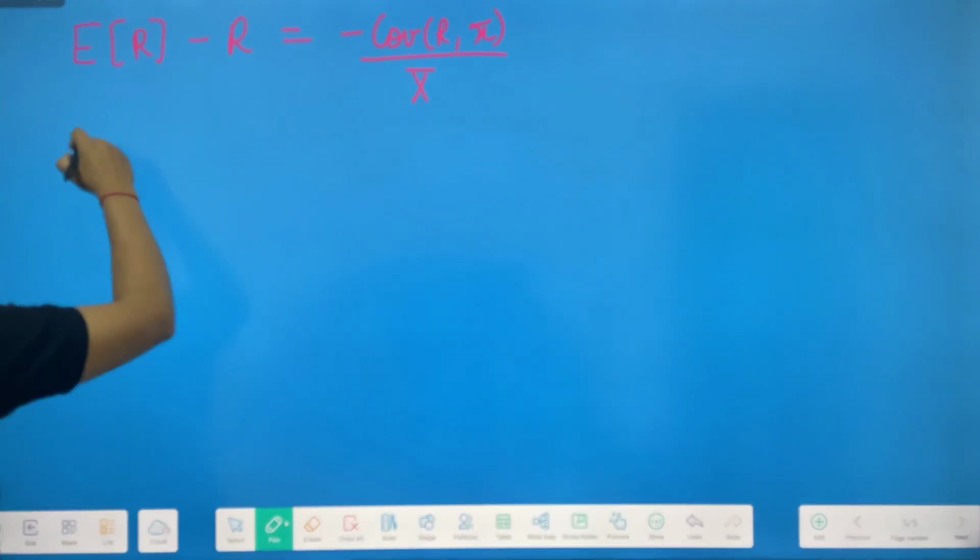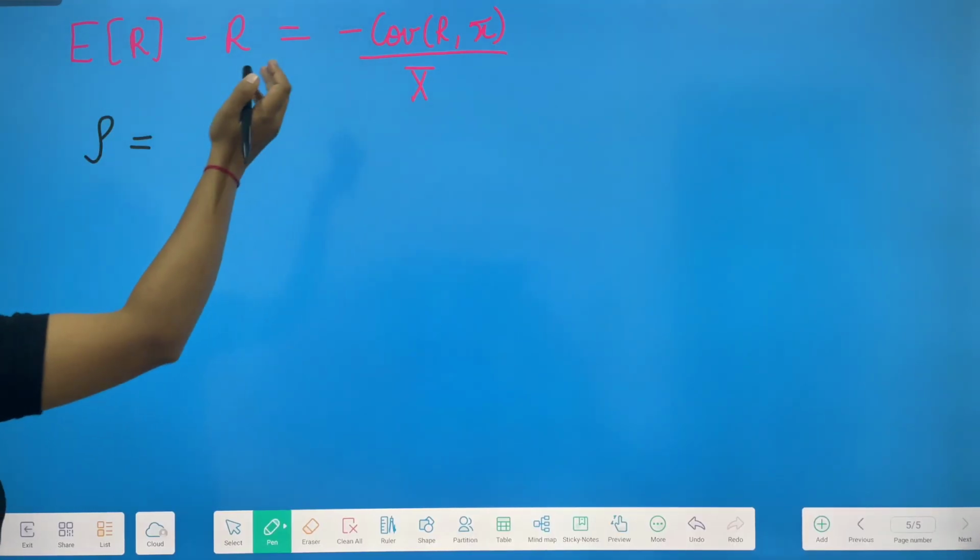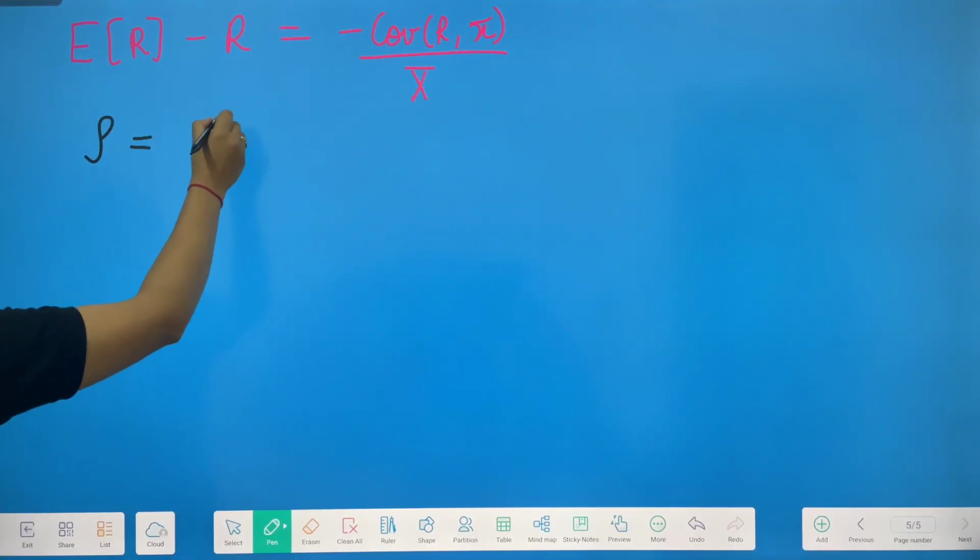Now we can say that rho, which is the correlation coefficient between R and X bar, is nothing but